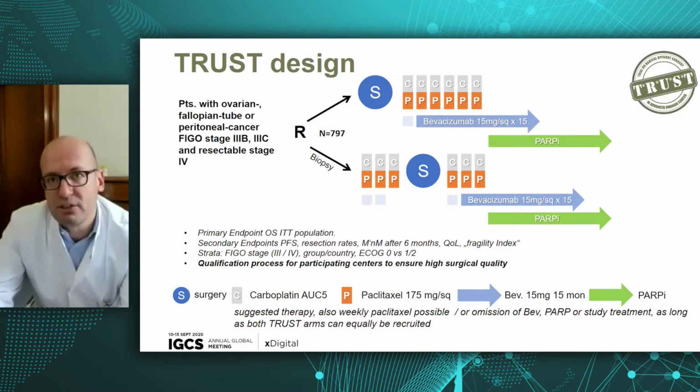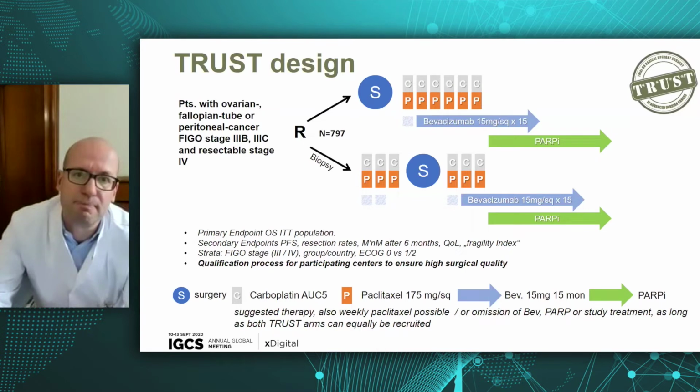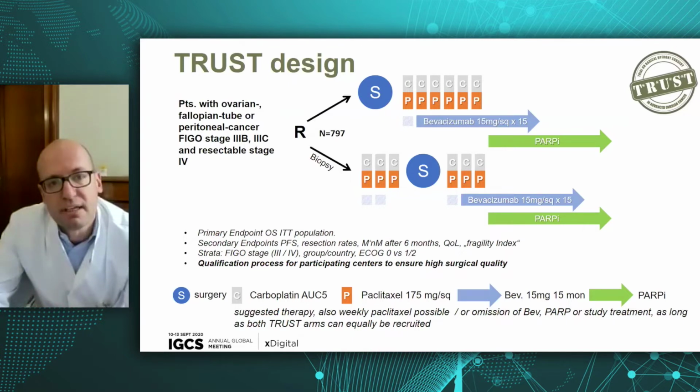So we excluded patients where we initially could be sure that those patients were not candidates for complete surgical resection. The reason might be either the pattern of tumor growth or the overall condition of the patient that made extensive ovarian cancer surgery not feasible. So all those patients that could potentially be resected were then randomized and underwent either upfront debulking surgery and a